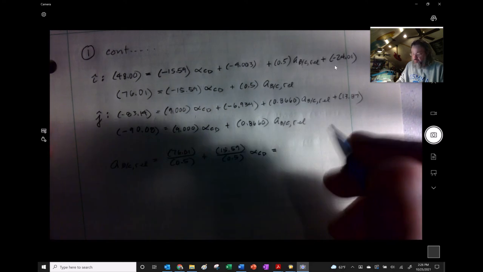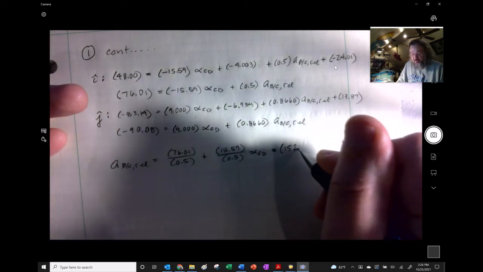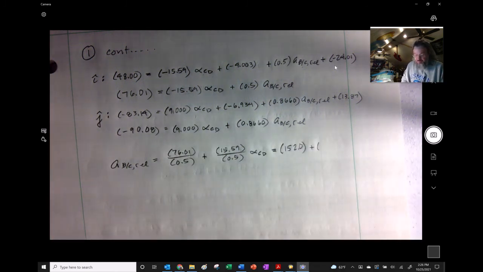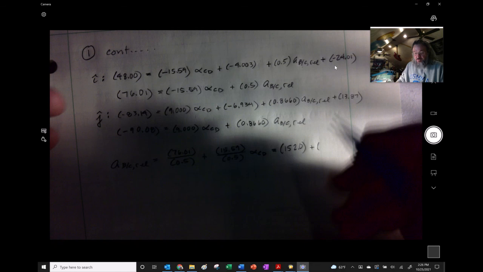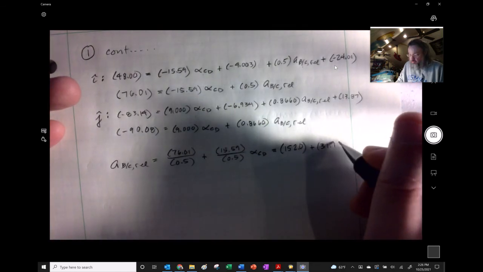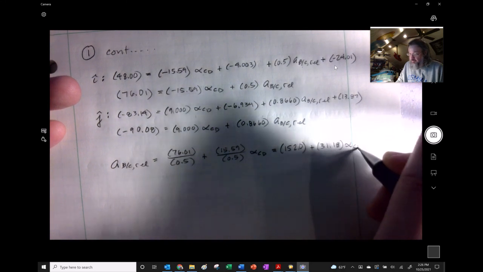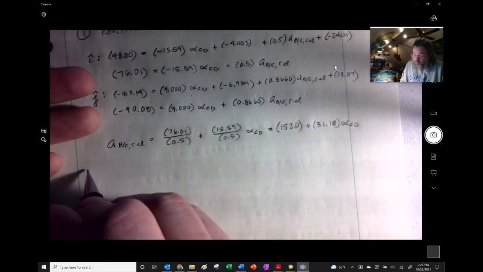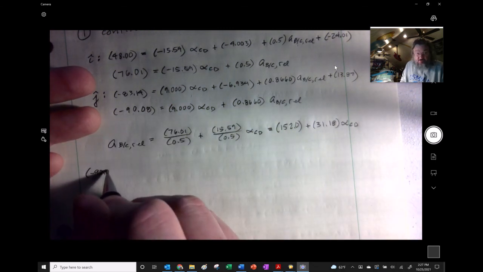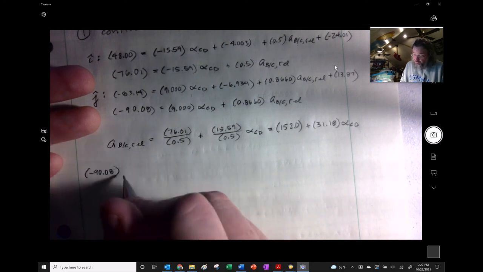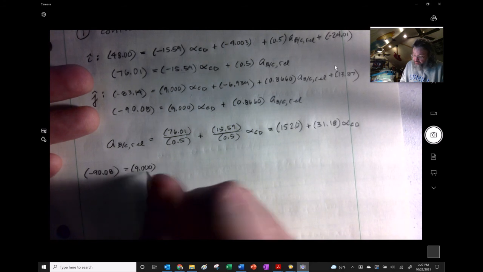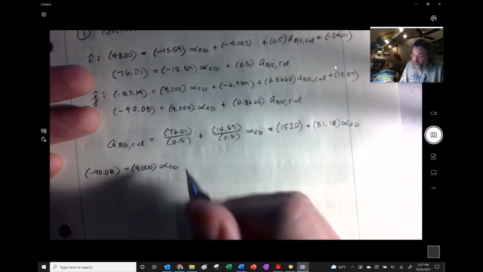So 0.5 and divide, I get 152 plus my 15.59, and that's a 31.18 alpha CD. Plug him back into here. So I get a negative 90.08 is equal to 9 alpha CD, and then